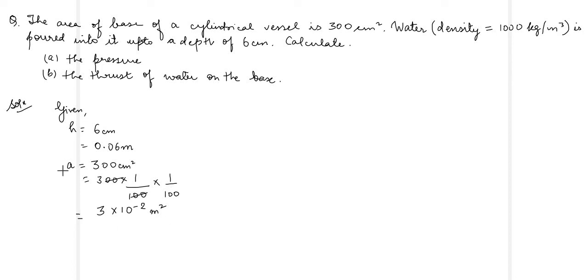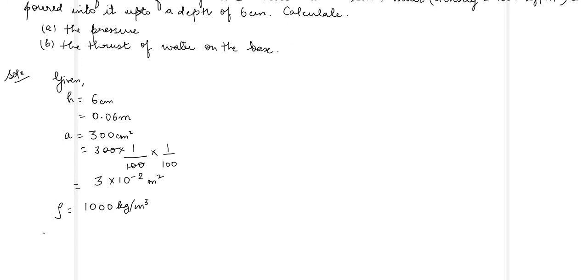अब हमारे पास ये एरिया पता है, एरिया ऑफ क्रॉस सेक्शन. फिर हमें पता है H, हमें रो पता है. रो मीन्स डेंसिटी, which is 1000 kg per meter cube. This is already given in SI unit, so we don't have to bother. हमें निकालना है प्रेशर. अच्छा, एक और चीज जो हमें यहाँ g का वैल्यू हम यूज करने वाले हैं, we will be using g which is also given in the question, 10 न्यूटन पर केजी. न्यूटन पर केजी का मतलब ही होता है मीटर पर सेकेंड स्क्वायर. 10 न्यूटन पर केजी या 10 मीटर पर सेकेंड स्क्वायर. तो हमें सबसे पहले निकालना क्या है, प्रेशर ऑन द बेस,